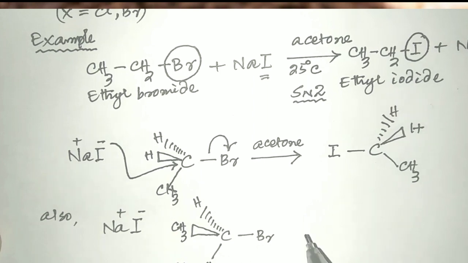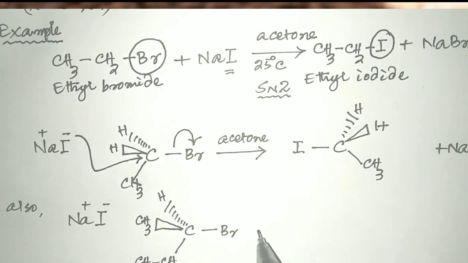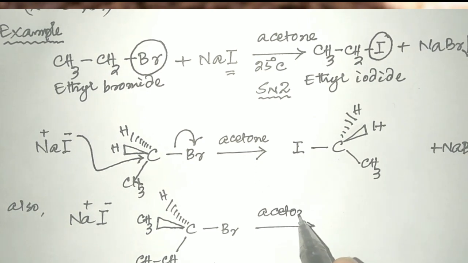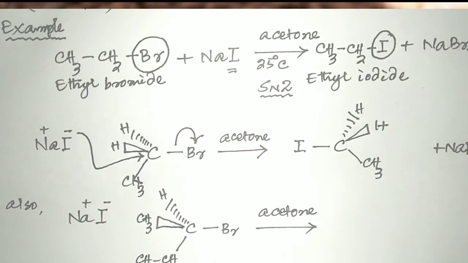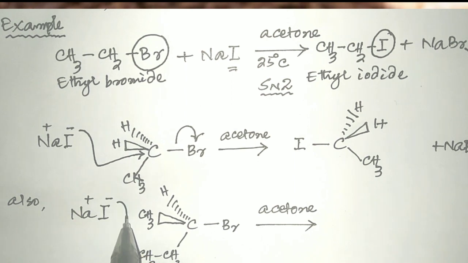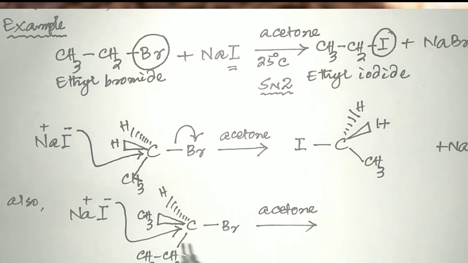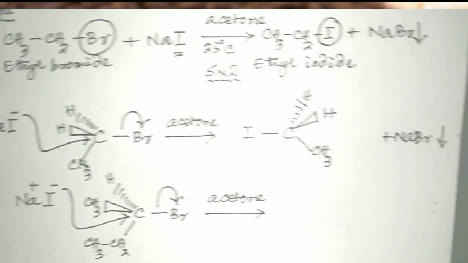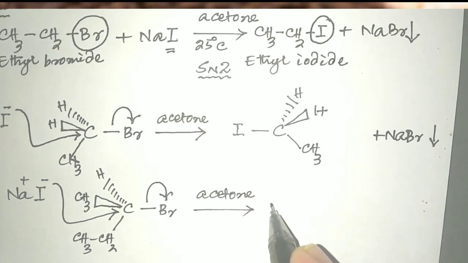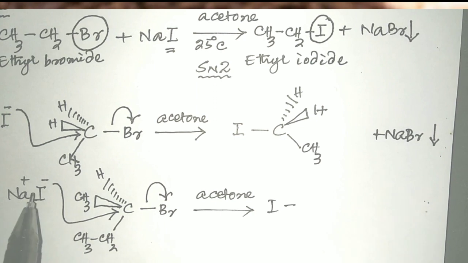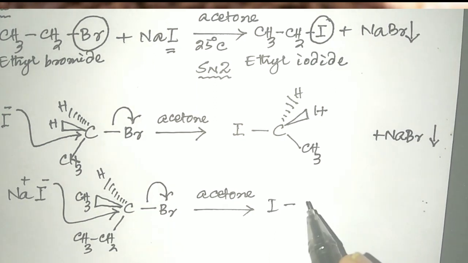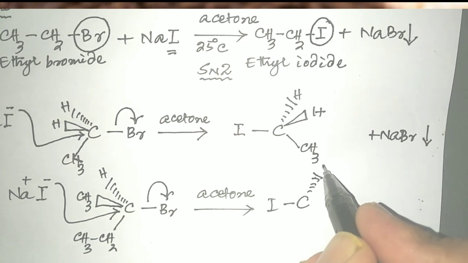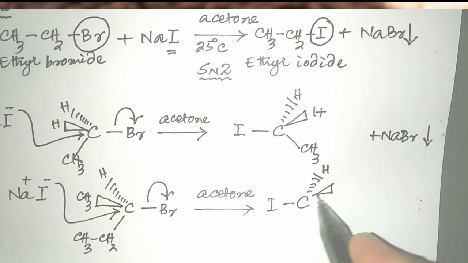So this carbon contains one hydrogen, one CH3 and one ethyl group. In the presence of acetone, when the reaction occurs, what will happen? The iodide will attack this carbon center in a direction opposite to the leaving group. Here the leaving group is again bromide. So after the formation of a bond between this iodide and this carbon, we will get the corresponding iodide product,